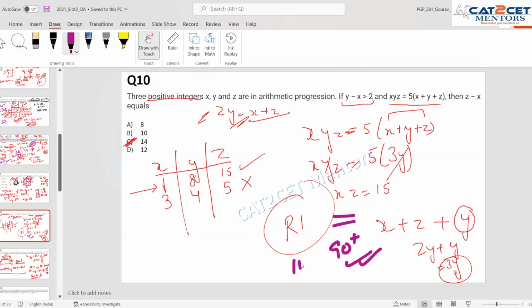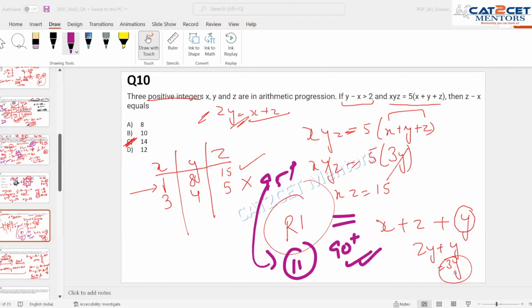That's because if you want to solve 10 to 11 questions, then these are the questions that you have to do. Again, okay, if not 90 plus, if 95 plus, then you have to do 11 questions and you have to do it there. Okay, so this was an easy question, a mix of 2 concepts, but you should do this.